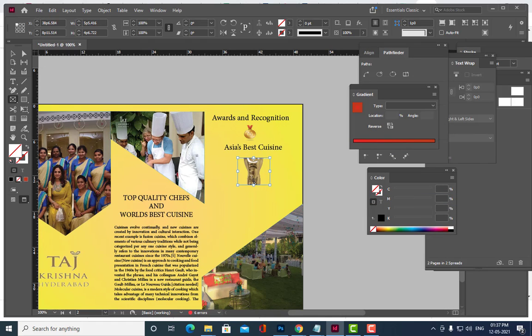Okay, and then how to make it small? We'll use the direct selection tool. Okay, is it clear, all of you? Anusha, అర్థమవుతుంది కదా? Yes, sir.